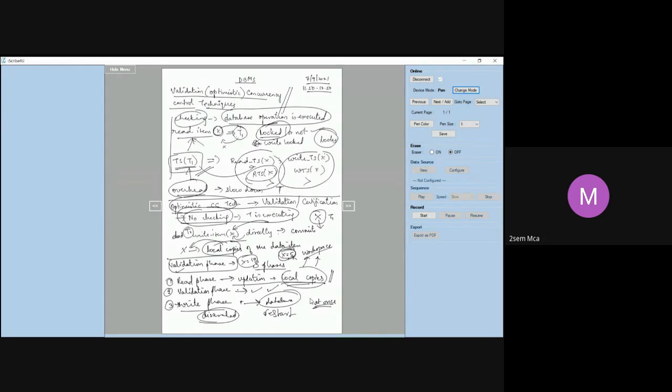Okay, any questions? Ma'am, can you explain the optimistic concurrency technique once again, ma'am? That is what I have explained till now. Any doubts in that? Ma'am, I don't get that, ma'am. So,